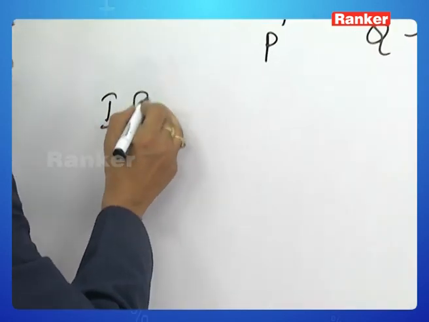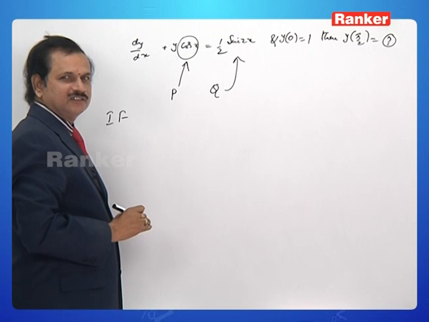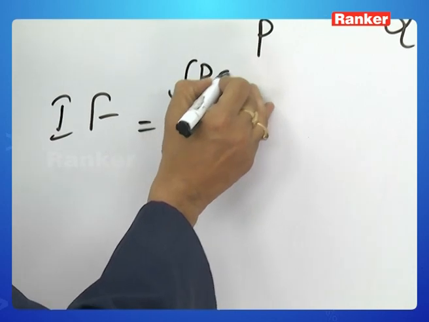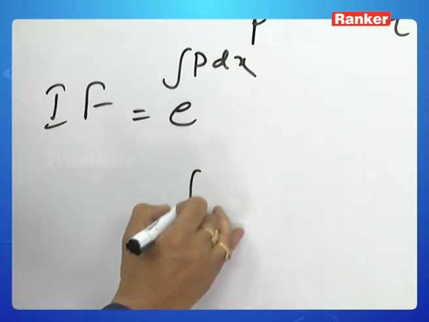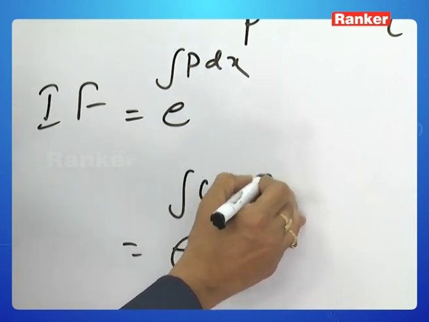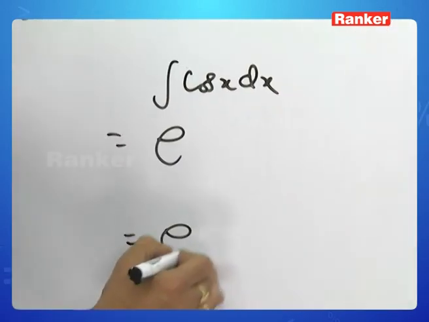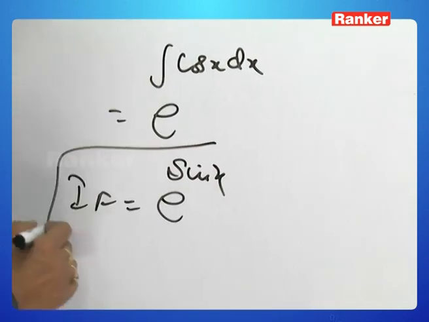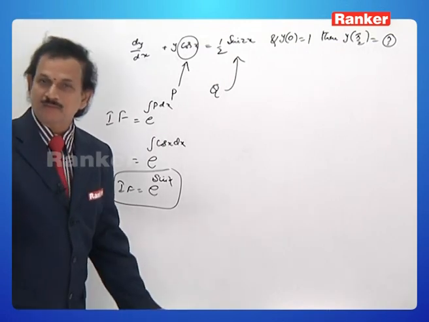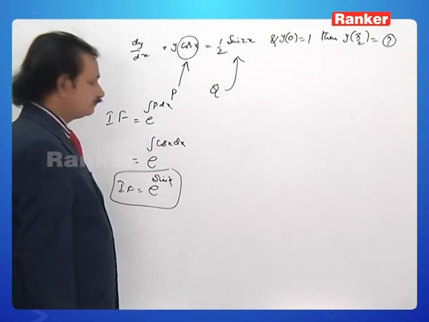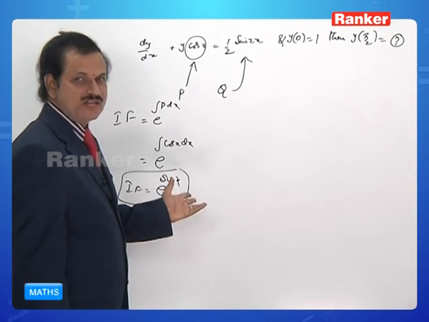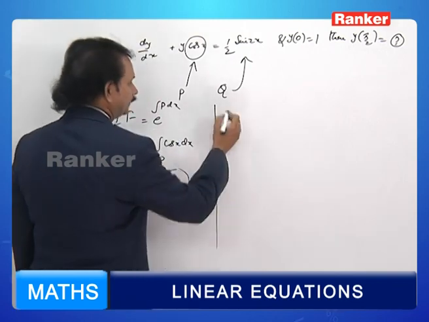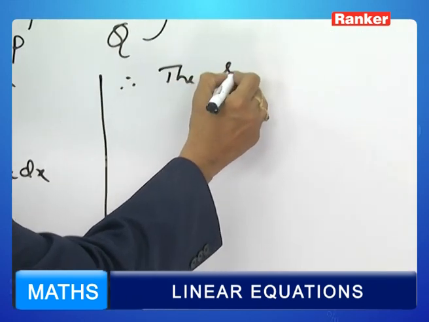So, we can directly make an attack of finding the integrating factor, if is equal to e power integral p dx. E power integral cos x. What is e integral sin x? Therefore, what is if? E power sin x. We should feel happy because it has been obtained very simply. Therefore, the solution is